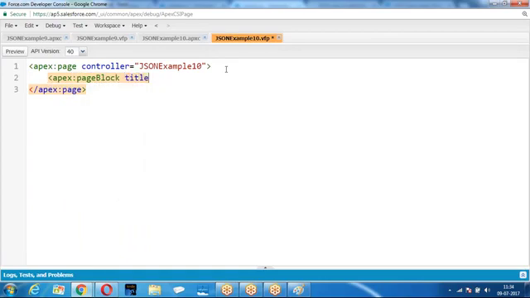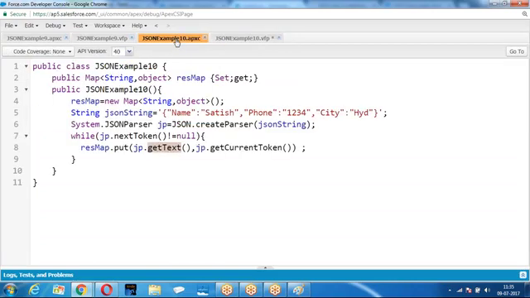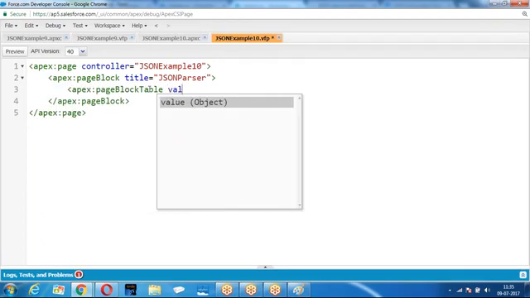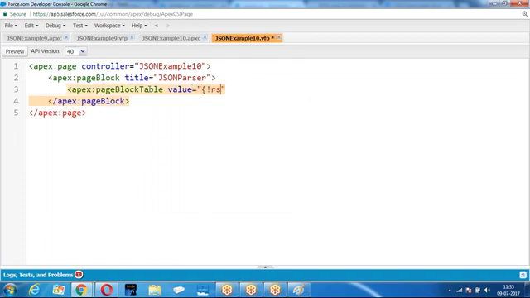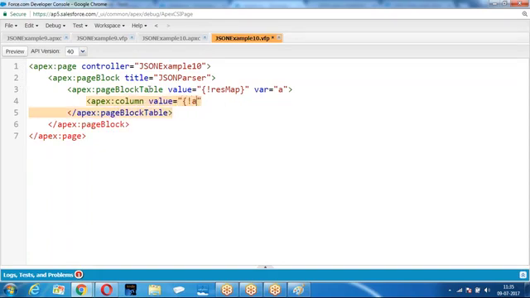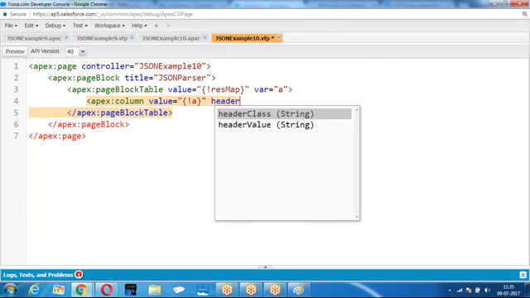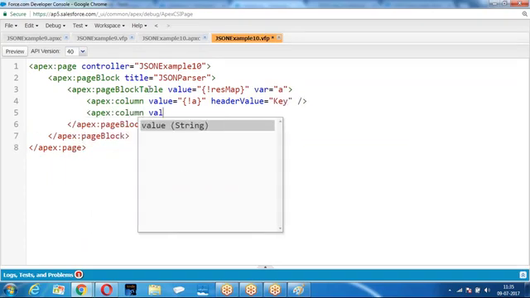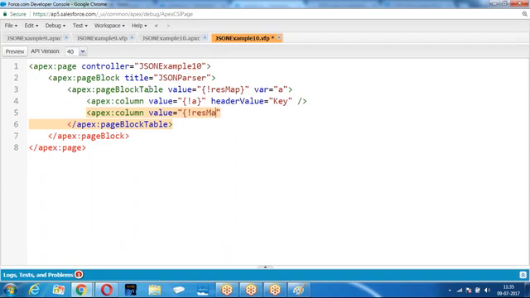Then in the page: apex:pageBlock with a title, apex:pageBlockTable with value equal to the response map, which I am trying to display, where A is the variable, with a header value and the map of A.